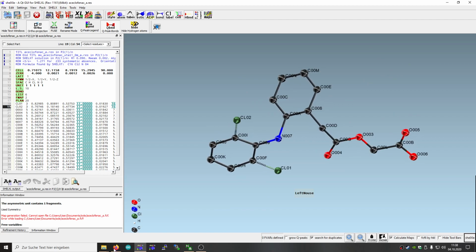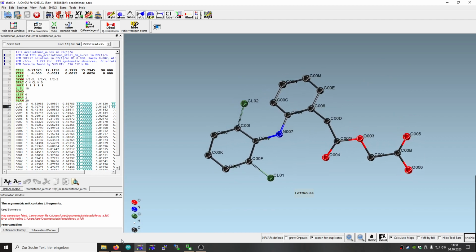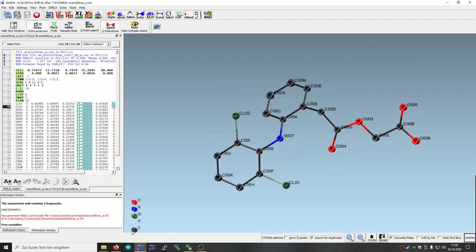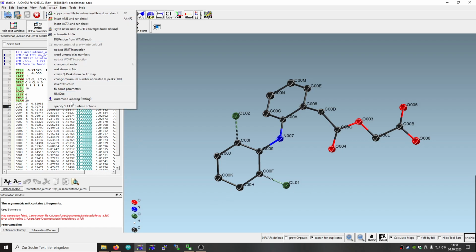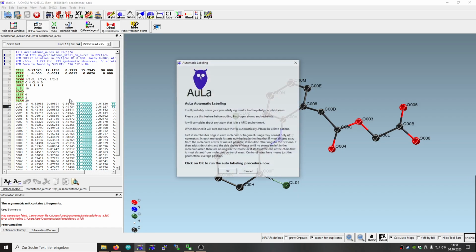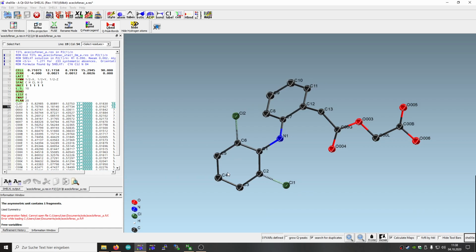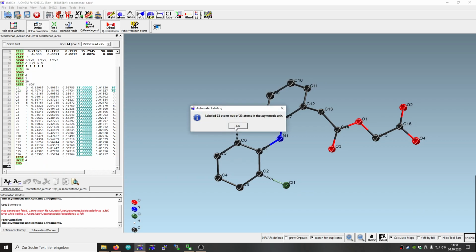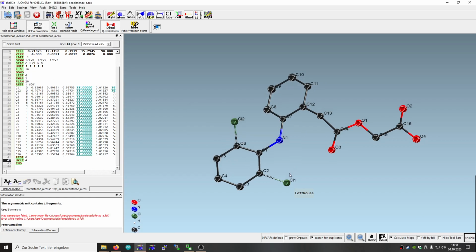often you have the problem that the data quality is not that optimal, and therefore you probably have to constrain that. First of all, we just rename the atoms, so we use the auto-labeling structure now. So this has been done, and